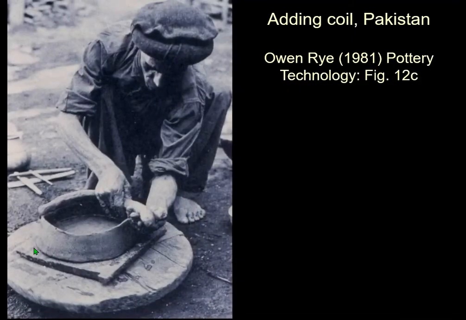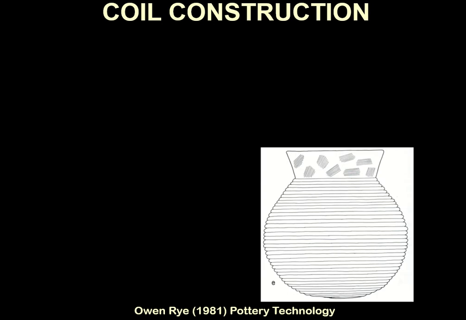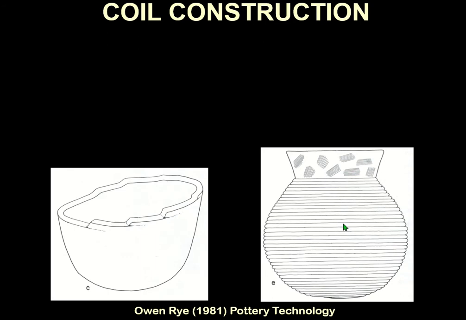So he's got his slab here, and he's adding to it with these sausage-shaped coils of clay. So he's got the squishy sausage of clay, and he's adding it and squishing it together with the rest of it to build it up into the vessel. So you can make the whole vessel like that if you like. You're not likely to see evidence of that like this. That would be weird. But it might show breakage patterns like that.